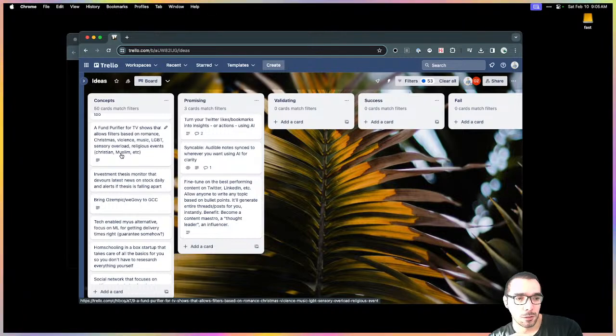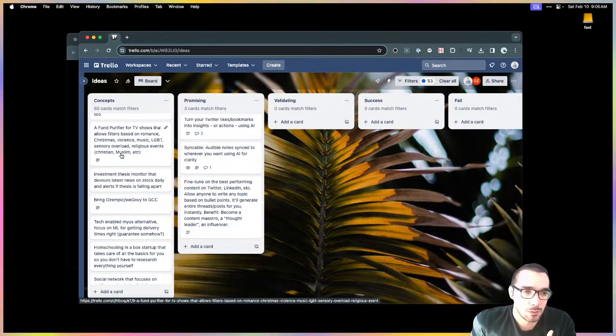The question is, do you need to go through the entire list and then move on to the next step, or can we just move to the next step immediately and figure out a way to quickly validate these ideas, maybe by building a minimum version of these ideas. And if it takes less than a week to build, probably just build them and launch them.